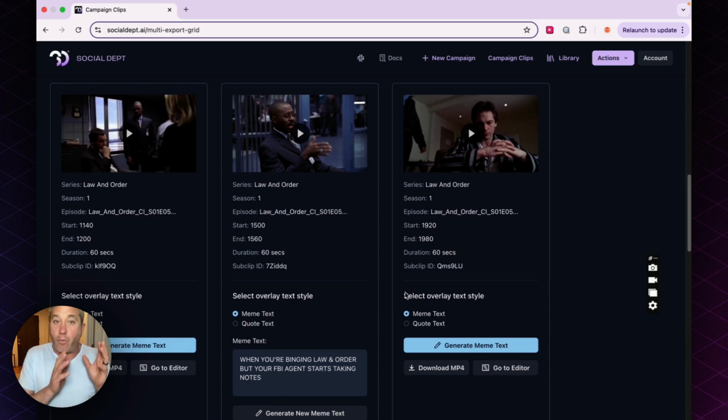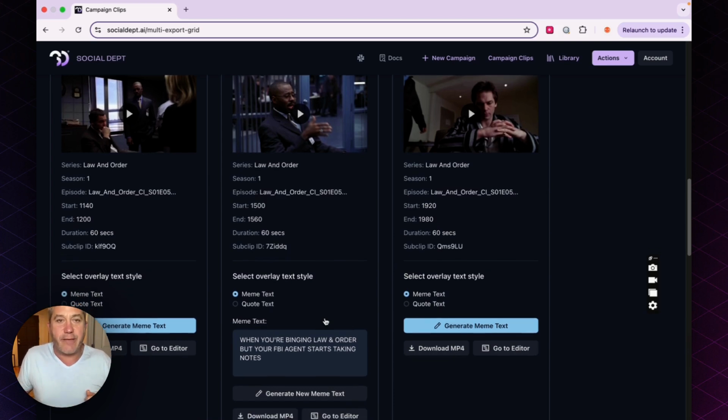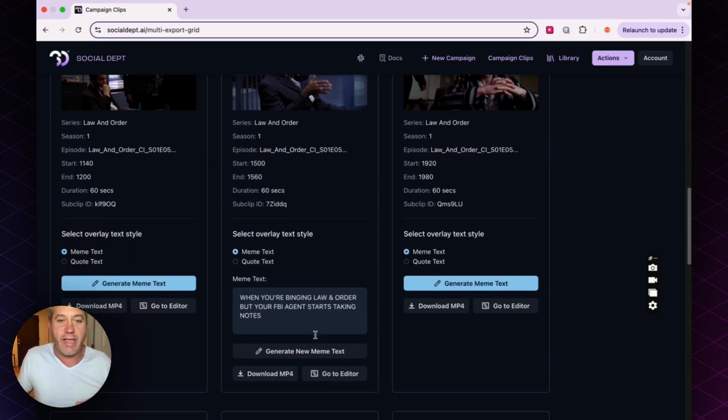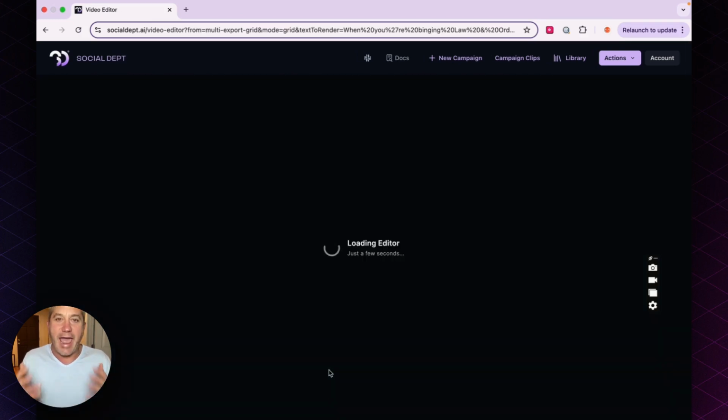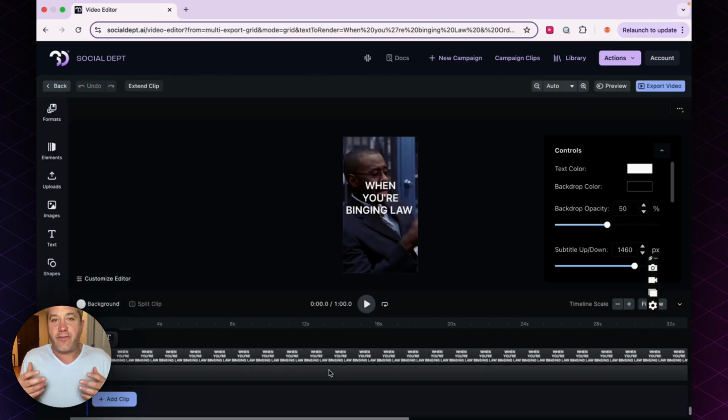The AI goes back, rewatches the clip, and comes up with copy that is relevant for your demographic, written in a very meme-centric language and using words and references that will resonate with your demographic. Same thing with quote. The AI will go back, rewatch the clip, and pull a quote for an overlay on top of your clip. And in just a few seconds, the social department brings your clip into the editor,